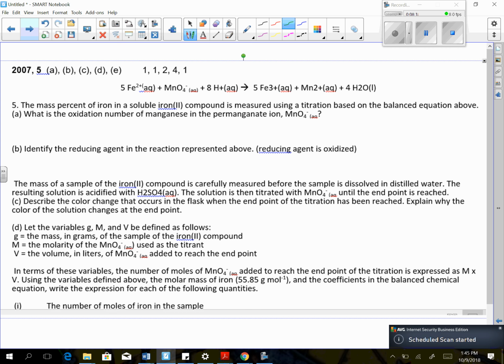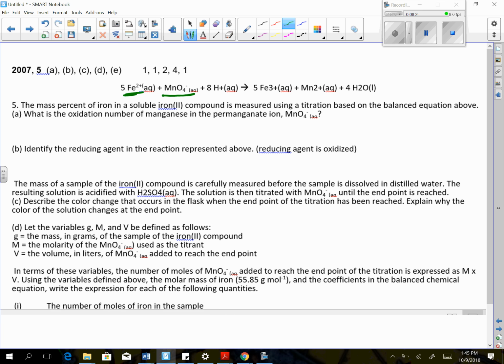We found how much iron is in that compound by titrating it with the permanganate ion. The first question has to do with the oxidation number of the manganese in the permanganate ion. So if we look at that permanganate ion,